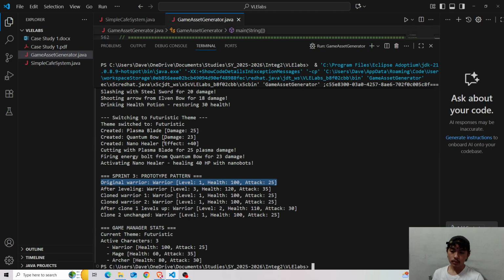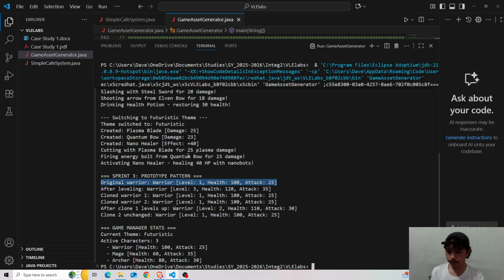Okay, so yeah, in our implementation we have cloned the original warrior, and then we have set the original warrior's level. We have increased it by 2 levels.